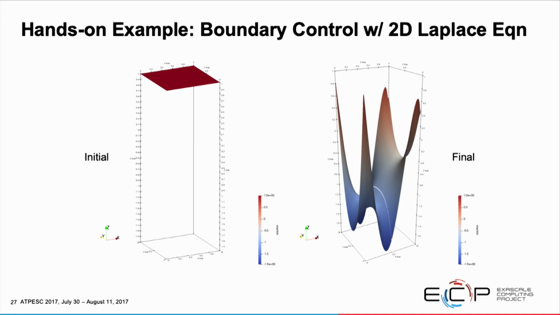And just to give you an idea before I switch over, we're starting at a flat solution of 1, and we're recovering this at the end. That missing line is just a visualization artifact. So I'm going to switch over to